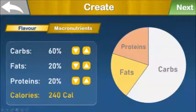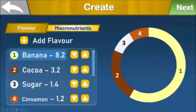When they click on macronutrients, they can adjust the exact macronutrient proportions that are going to make up the main part of their snack bar. The machine calculates the calories. If the machine decides that the bar is going to be too crumbly, for example, if it contains majority fats, it can add in additional thickeners like xanthan gum or gelatin. Once all the settings have been decided here,